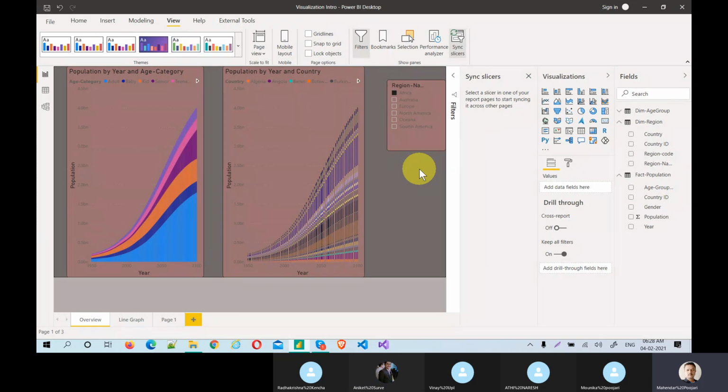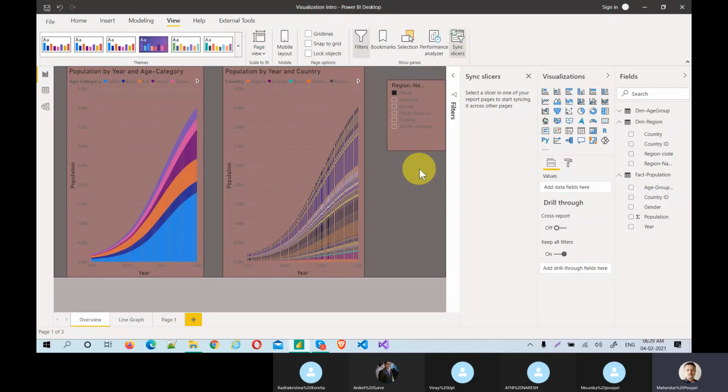Okay, I'm a business user only for Africa. Let's say I'm only concerned about Africa. So I'll go and see how the population was across Africa in different dimensions, like year by country, year by age category. There would be a scenario where you want to see all of them in that specific filter. That could be the possibility. It's not mandatory, but for some cases it could be mandatory.